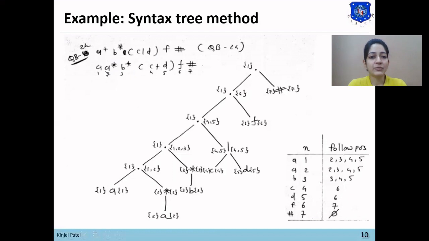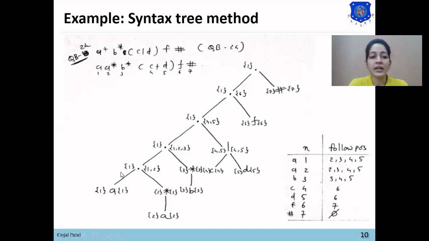So there are 6 input symbols in this example: A, B, C, D, F and hash. Now we'll give a position to each input symbol: 1, 2, 3, 4, 5, 6 and 7. We'll give positions from 1 to n. Now we'll construct the syntax tree for this expression.